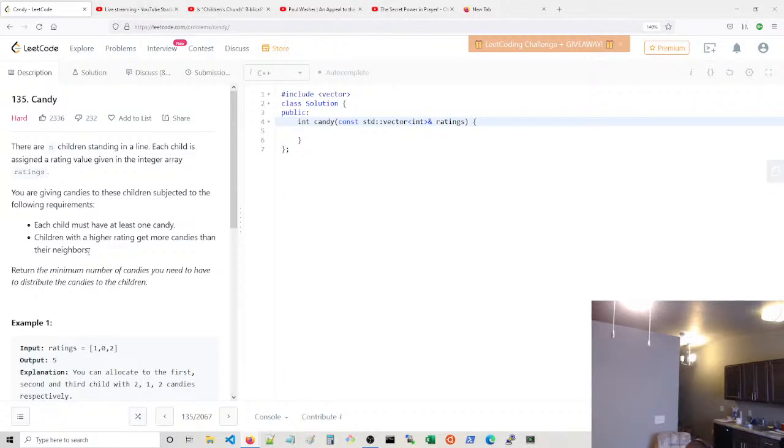sequence 1, 2, 3, 4, you would have to increase, right? You'd have to say, so you have 1 is incremented to 1, 2 would have to be larger than the 1 on the left side, so it would go to 2. 3 has to be larger than the 2 on the left, so that goes to 3. 4 has to be larger than the 3, that goes to 4. So you just add,